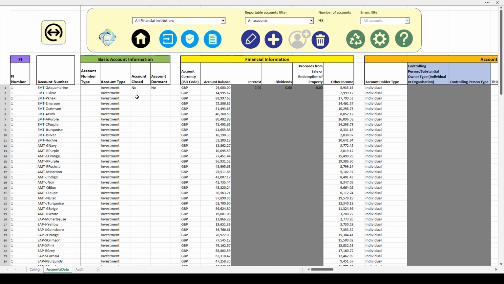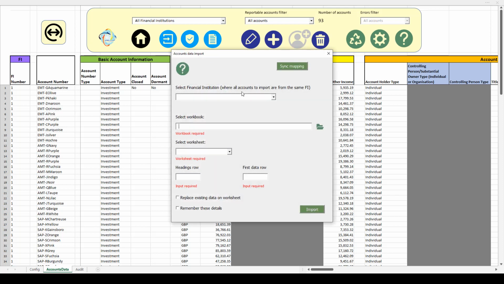Finally, looking at the accounts data import, if I click on the import button, I can now select that all of the accounts relate to a particular financial institution. So if you're importing accounts from a spreadsheet and they all relate to a particular FI, then you can select that up front and it will ensure that they get the right number assigned to them when it's imported.